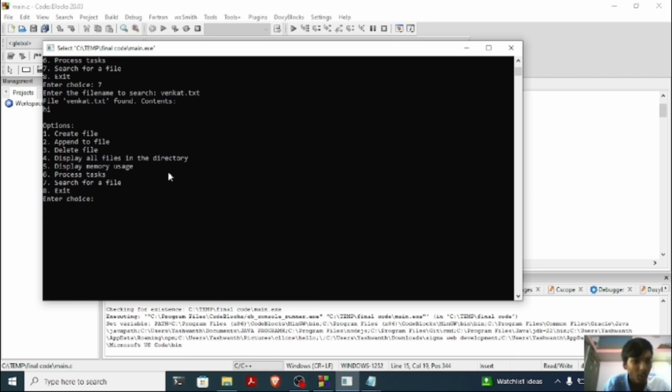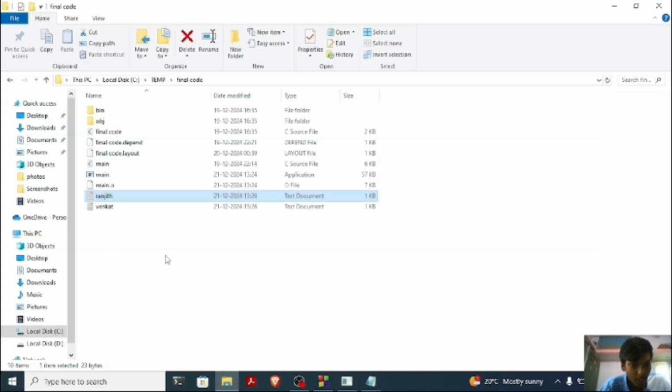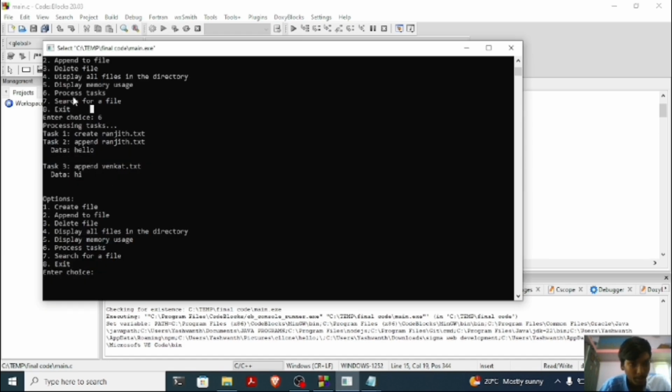Now I need to check the process which is done by the process tasks. It is a queue. I have implemented a queue, first in first out, and we will check whether it is working properly or not. First we created the Ranjit file and we appended hello in ranjit.txt, and we appended I in venkat.txt. We did not create venkat.txt by this program. We only appended for Venkat, not created, because we created the file manually. So it is not shown because the queue is only available for the program creating a file or appending, not for actions outside the program. Now we will delete